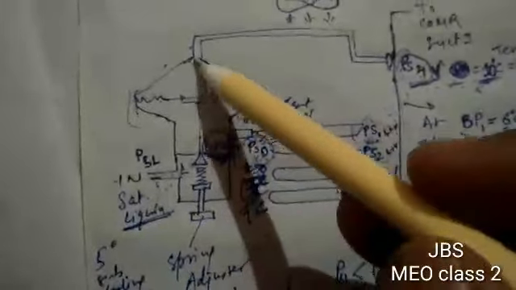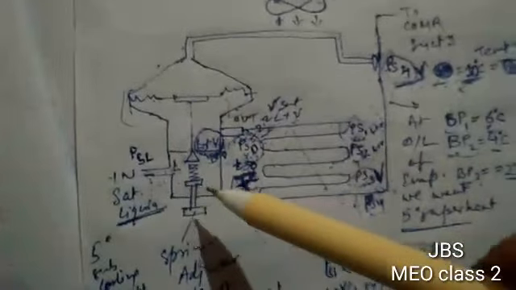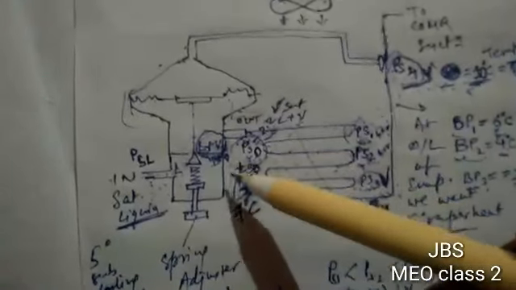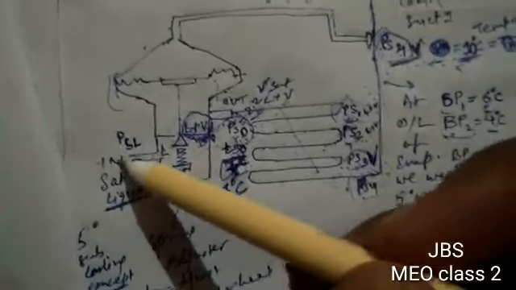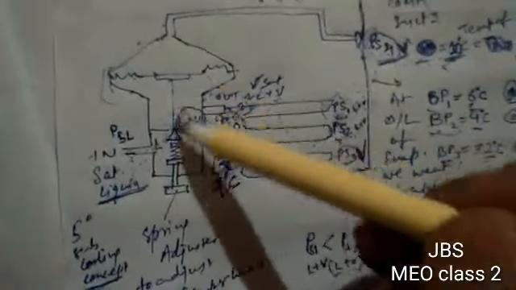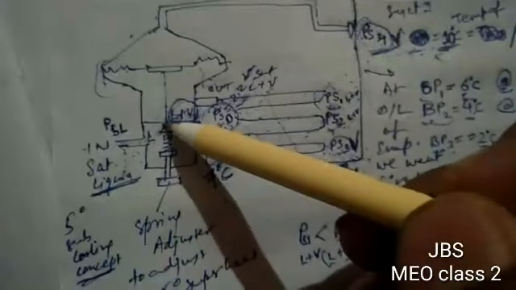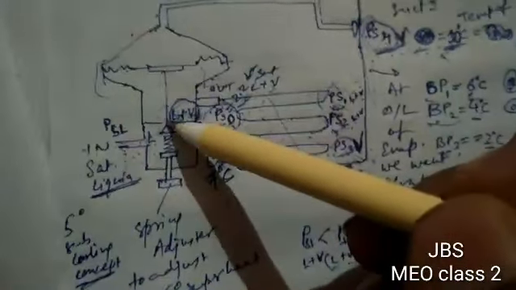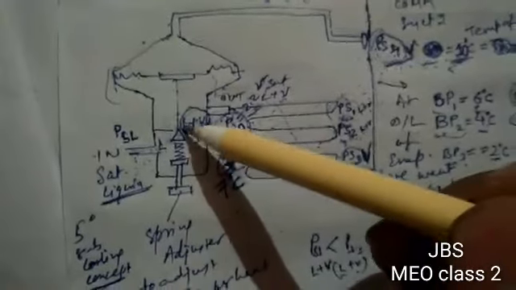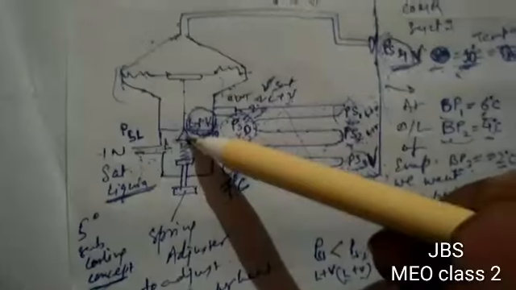Now let us see first the functioning of a thermostatic expansion valve without any external equalizing line. Here the saturated liquid is entering into the expansion valve. At this point there is a throttling effect going on. Because of the throttling, there is a drop in the saturation pressure. The pressure at which the liquid refrigerant is at its maximum temperature is called the saturation pressure.